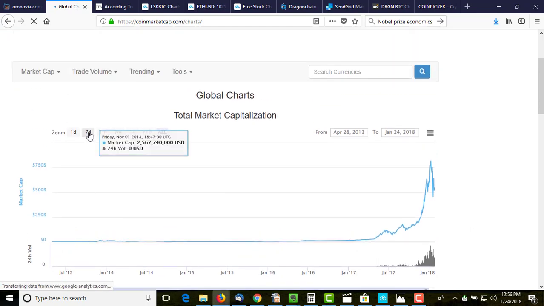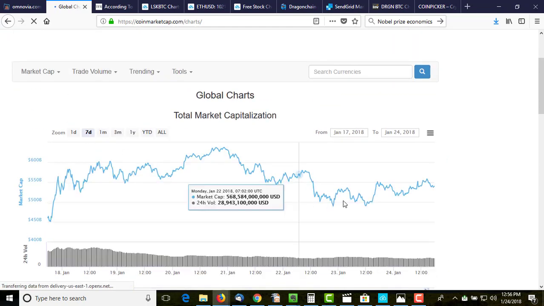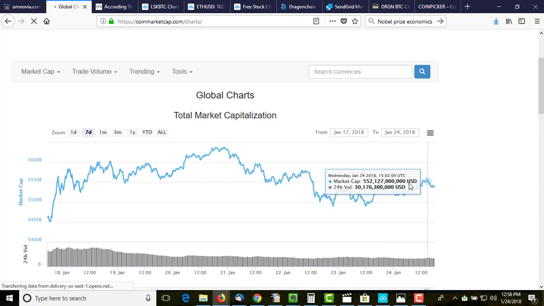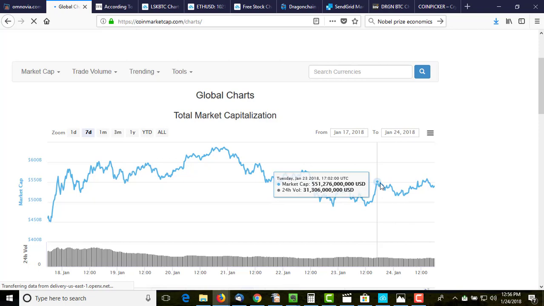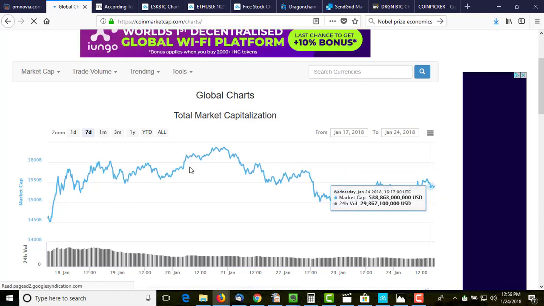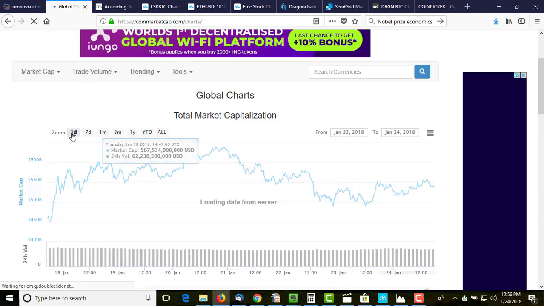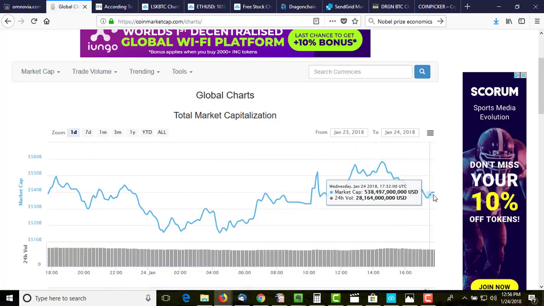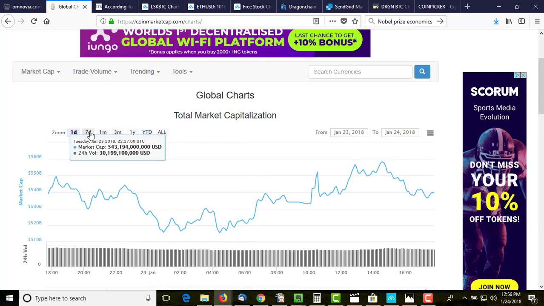I would say if we just take a look at a 7-day, which will give us a better idea. Okay, we crested, but we failed here. We tried, we failed, and now we're dropping down. Now, it did go up a little higher, but I'd say the near-term risk is to the downside versus to the upside. On a daily basis, it's kind of treading water. We failed. I would say the near-term risk is to the downside. That's what I've been saying.